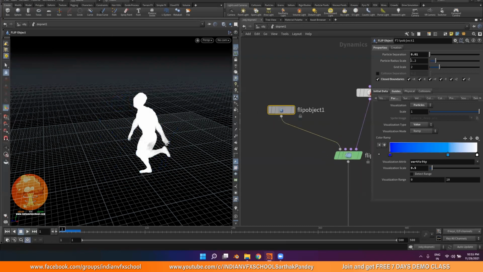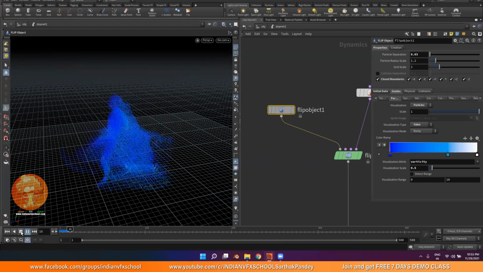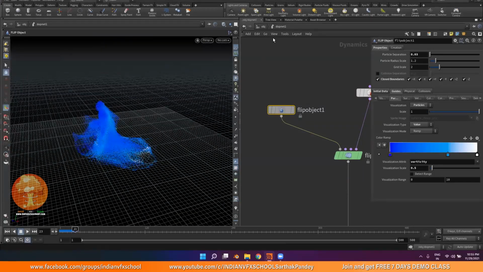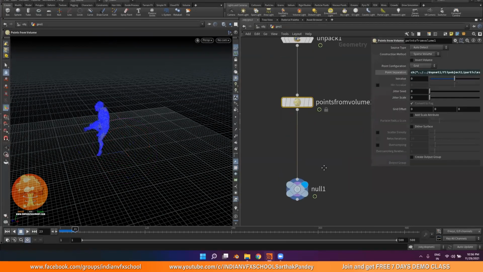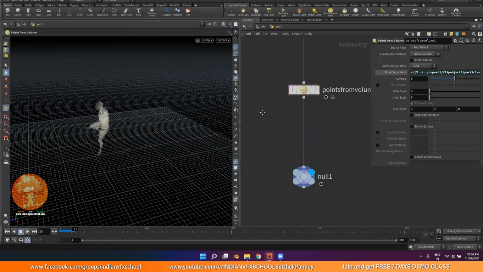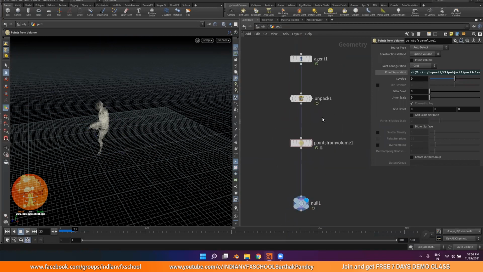If you haven't seen the velocity chapter, that was the last chapter, you need to go and check it out. We need to have velocities, because right now they are not calculated. There are no velocities being transferred to these points. If I come over here and look into this null, you can see they are just point positions, and that is it. So we need to calculate the velocity.